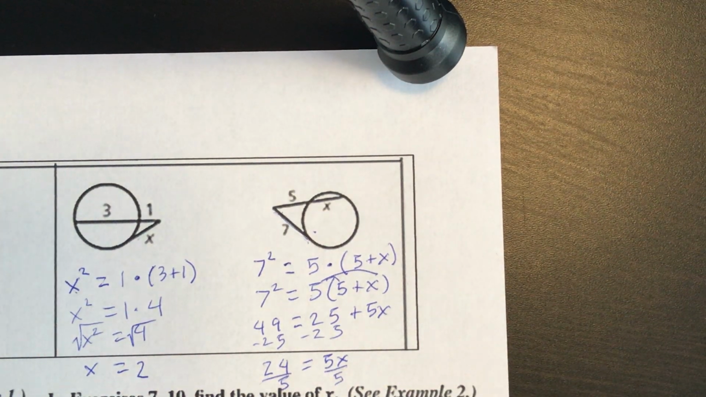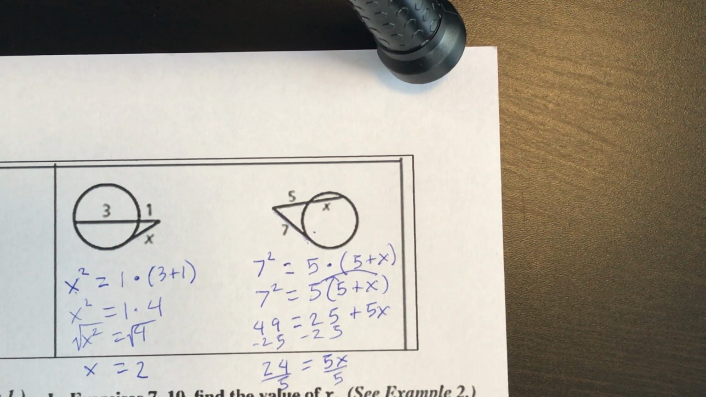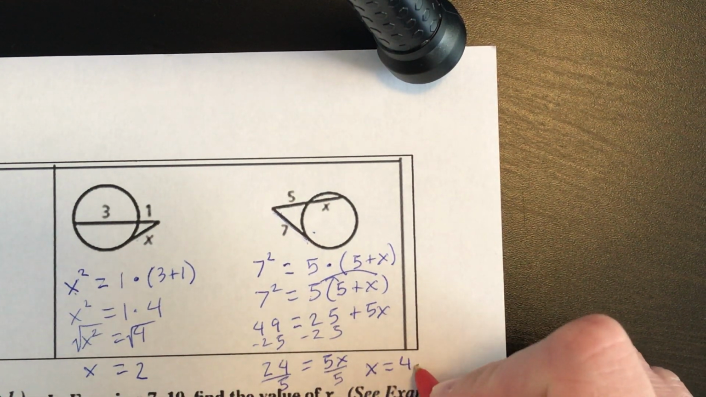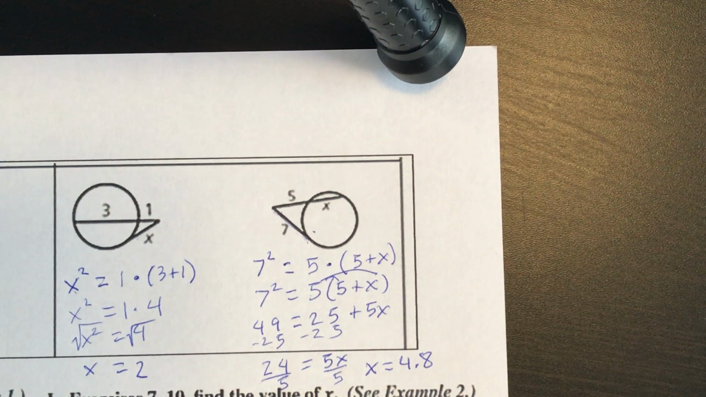Okay, and then we divide by 5. So 24 divided by 5 gives me, you can probably beat me to this, 4.8. So x is equal to 4.8. Okay? And so that's kind of how we do